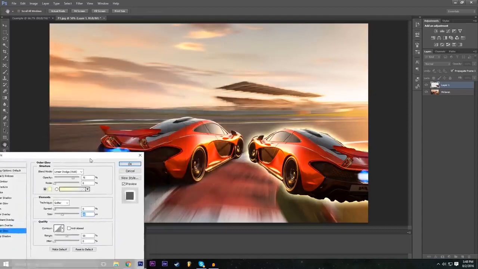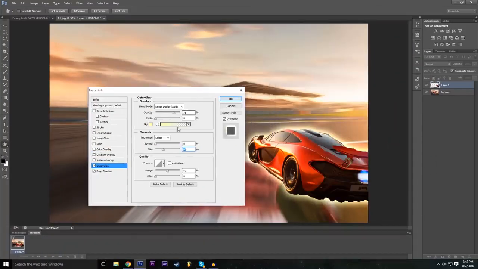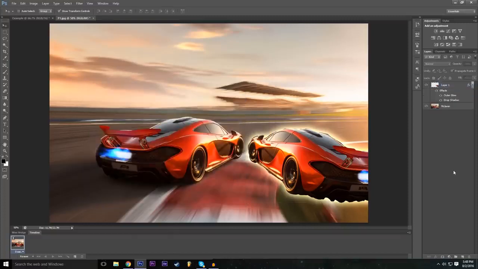As you guys can see, that looks pretty cool. So yeah, I just showed you guys everything else. It's quite straightforward for the effects. But now what we're actually going to do is make an adjustment layer. Basically we're going to mess around with the color correction, the exposure, everything to make this image look as